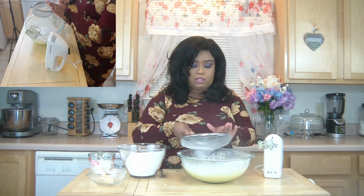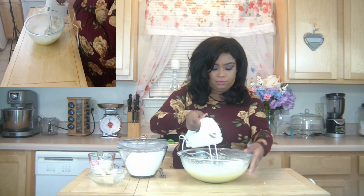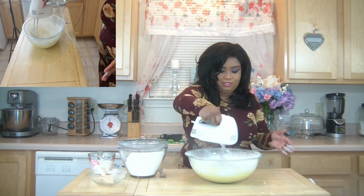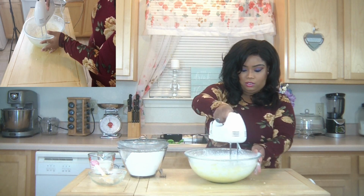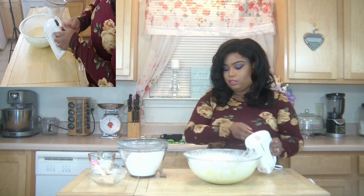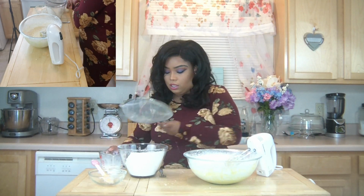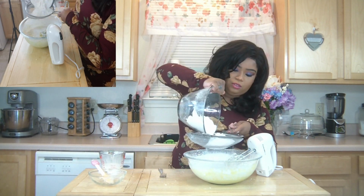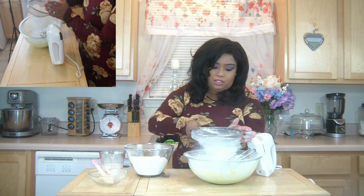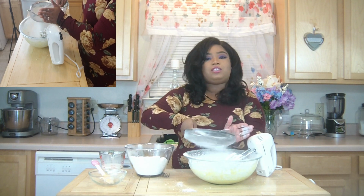But you definitely want to sift this cake. So we're going to add a little bit of milk. Then we're going to sift. And we're going to blend this out. And as soon as we get through